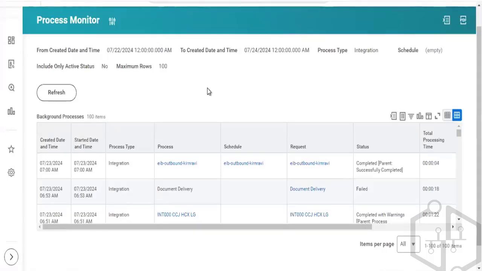So that's on the process monitor actually. And the other thing that you need to be aware of outside of the process monitor is